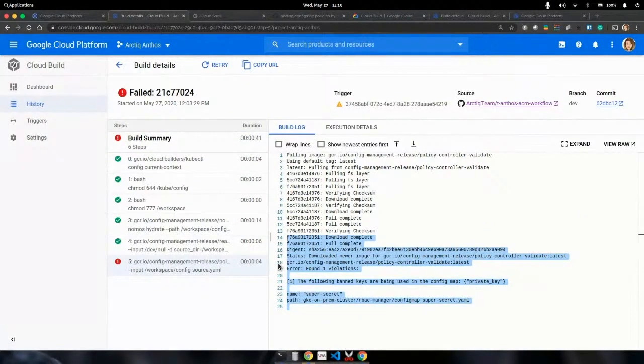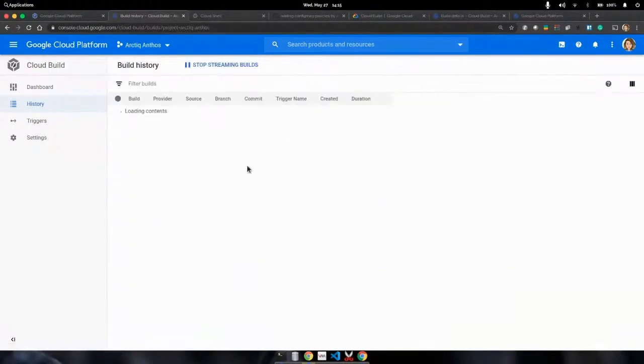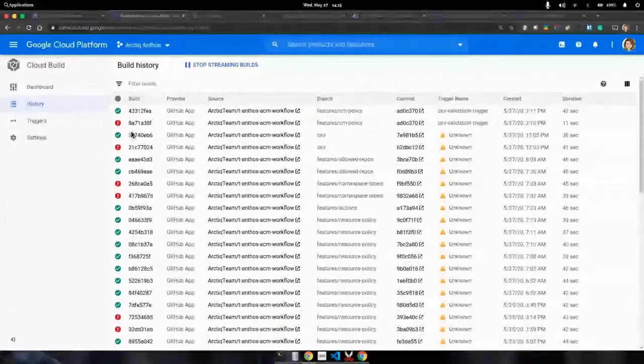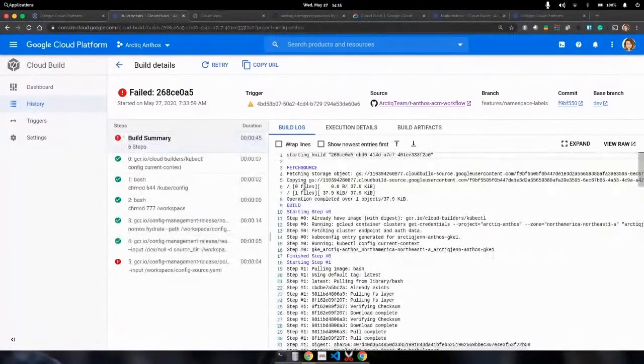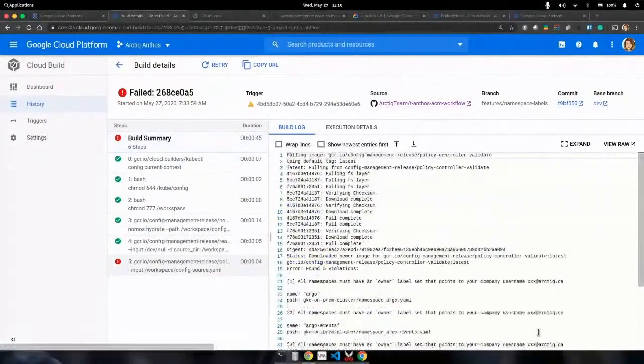So I have a config map that has a private key on it. And it said, you can't do this, it never made it to dev. That namespace that somebody tried to submit, and then somewhere a bit down, I have a build that says,